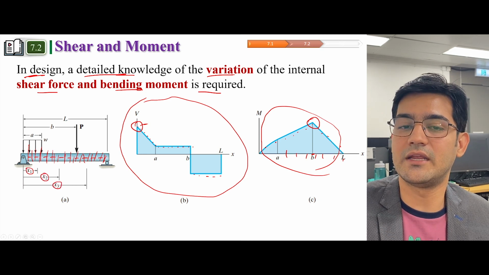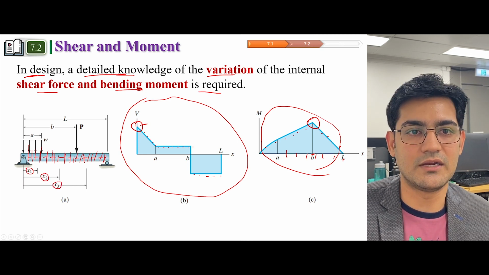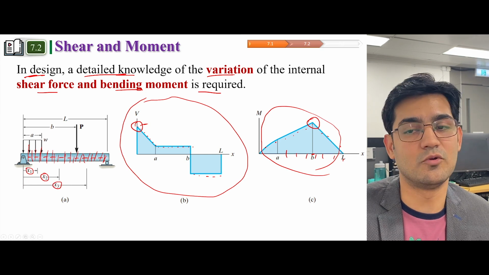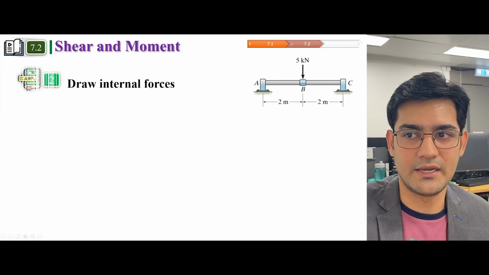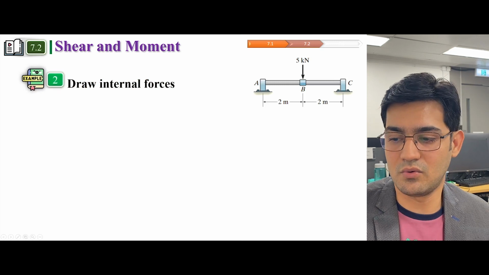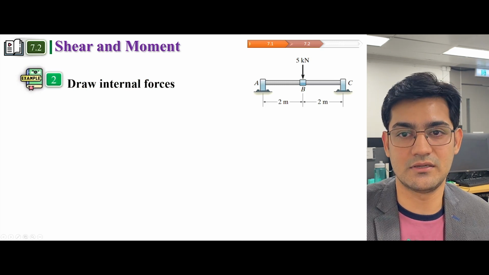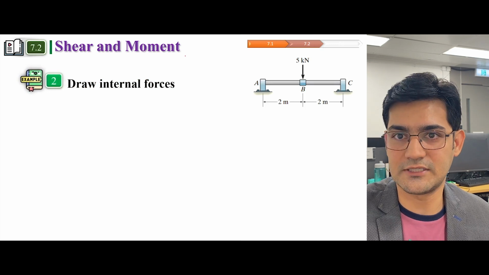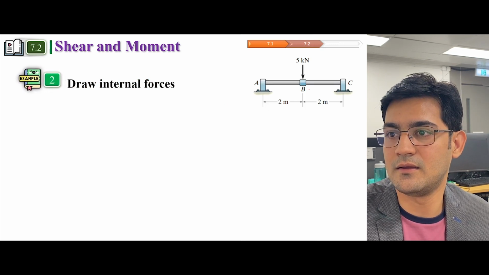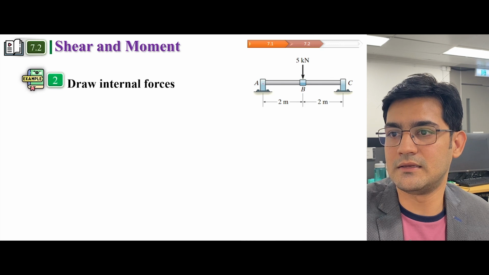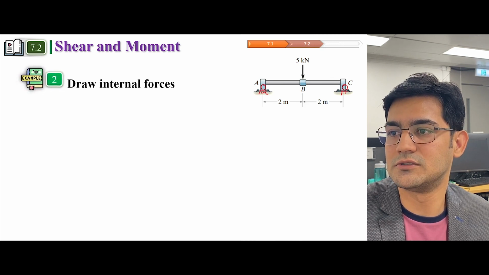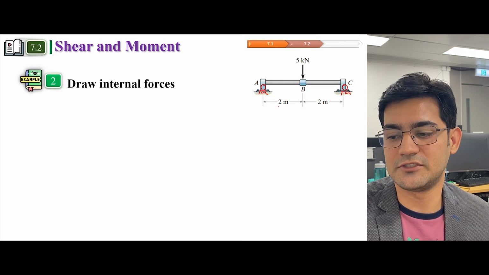So we can formulate equations to calculate these shear force and bending moment diagrams. Now we will do one example to see how we can do this and how we can calculate these equations. For example, this is a beam, and let's assume that these are roller supports. So the first step is